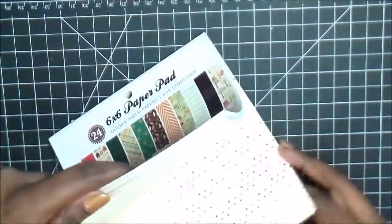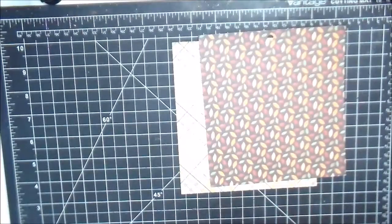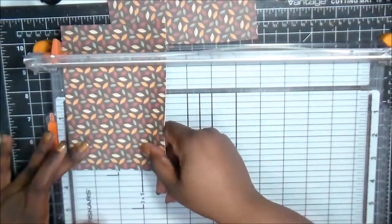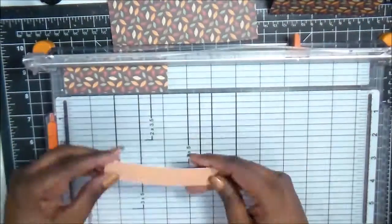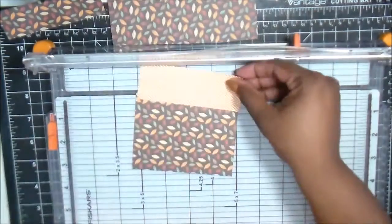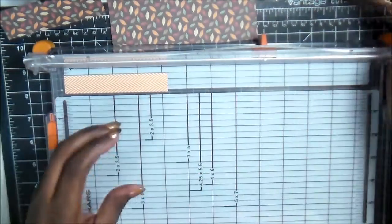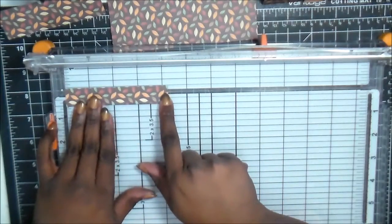So I'm going to go through here real quick, and I'm going to pick two patterns because that's one of the benefits of having double-sided paper. It's paper as a kit. They're all meant to go together, and so by using the pattern that's on the back side, it gives you more options and more versatility. So I just cut the two pieces down so that on one card, because we're going to make two, it'll be the top piece, and on the second card it'll be the bottom piece. And when it's on the bottom, I flip the page over so I can have a little bit of that other pattern